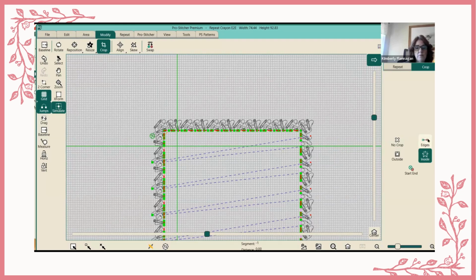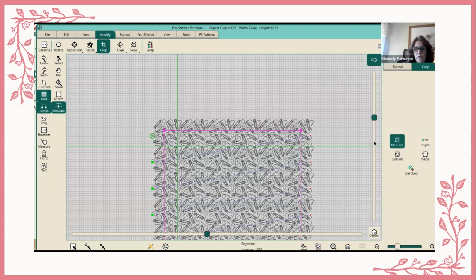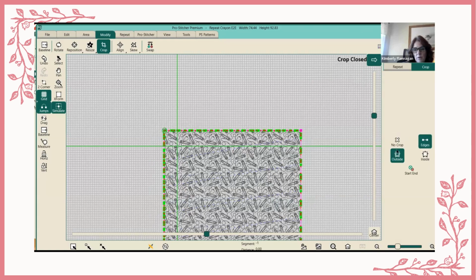If you want it to be like a frame, this is a great little trick to do that. But I wanted an edge to edge. So I want all of my stitching to be in the middle of this quilt. So I'm going to undo that, and we're going to crop the outside again, and we're going to close our